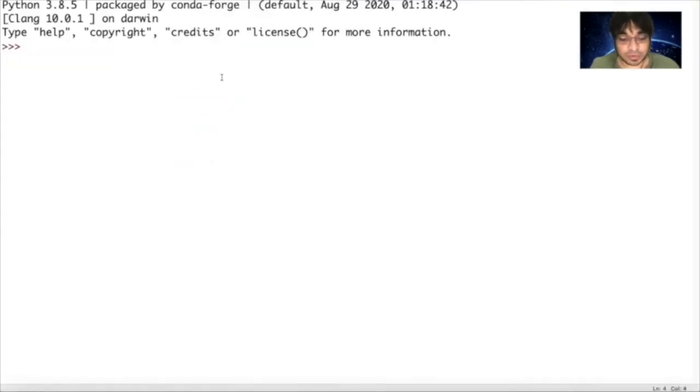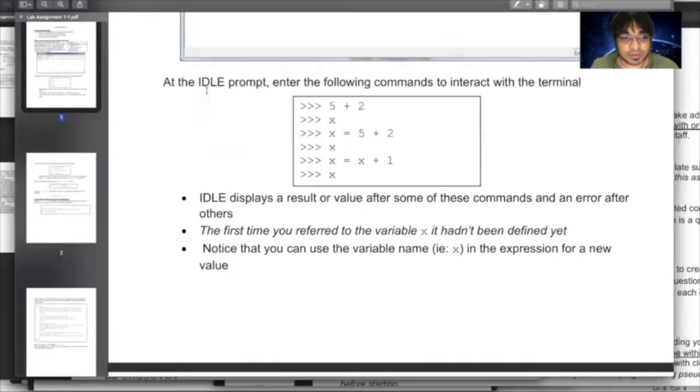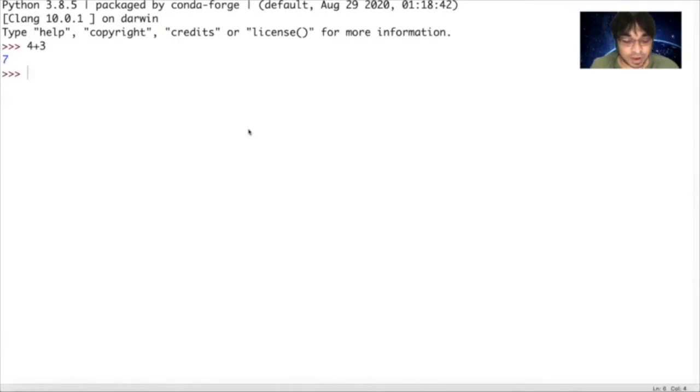We can do, it said 5 plus 2. Let's do 4 plus 3 and hit enter. You see that's 7. Okay. Now let's do some variable assignments. Let's assume x is a variable and we want to print that. But notice that we have not assigned anything to x, so this should not work.